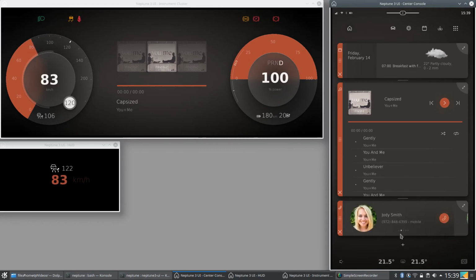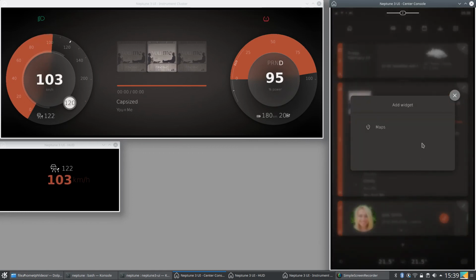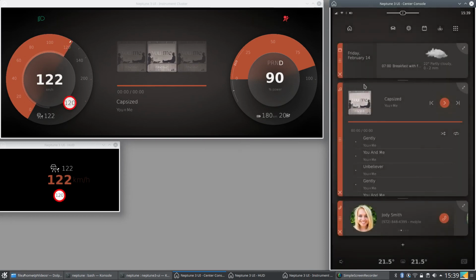On the lower side we have a plus button with which you can add more widgets or select which widgets you would like to add. Maximum 4 widgets are supported on the home screen. On the bottom